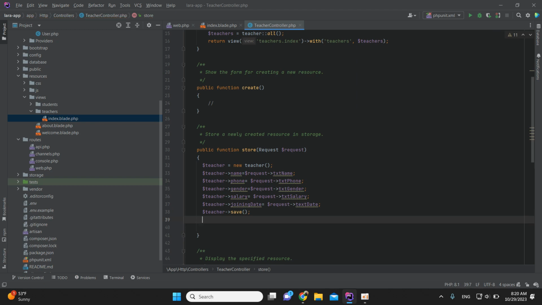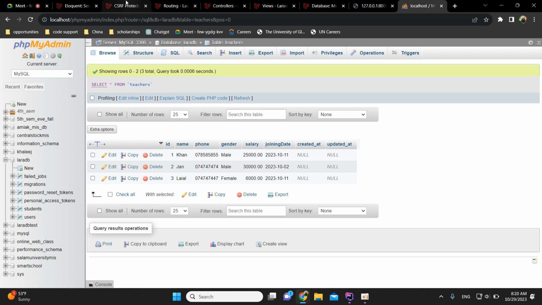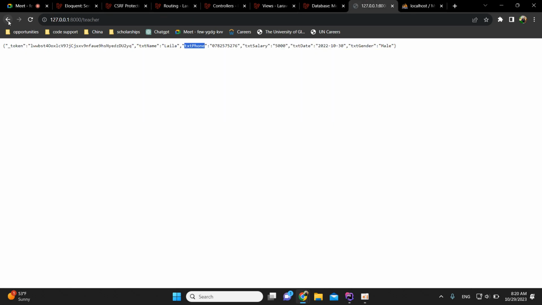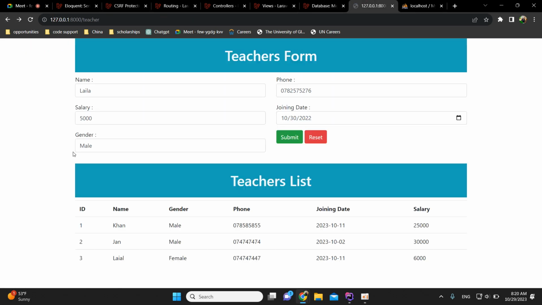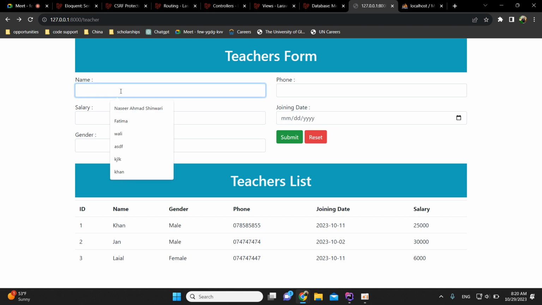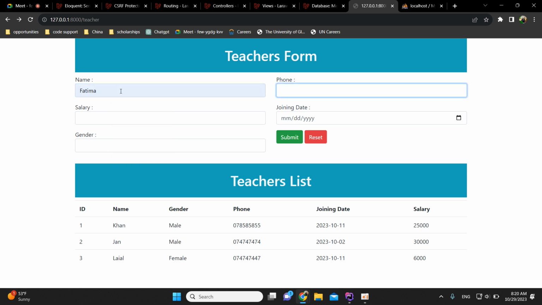Now see, if we are precise in our syntax, if we go back and refresh this page, suppose here we say, let's say Fatima, some phone number, some salary, some joining date, and I'll just call it female. Since we have a database constraint it should have been a radio button, but I'll leave that to you. And if I just say submit,